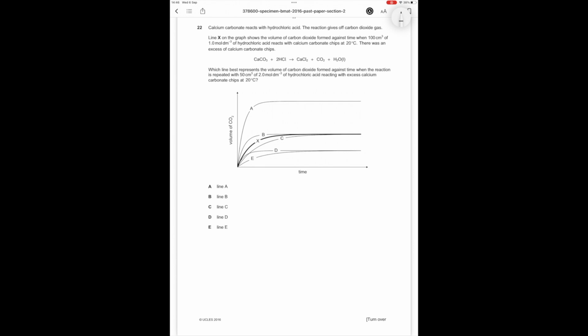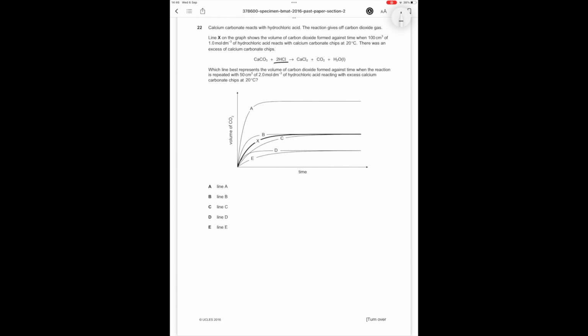There was an excess of calcium carbonate chips, so this is going to be the limiting factor. Which line best represents the volume of carbon dioxide formed against time when the reaction is repeated with 50 cm³, 2 mol/dm³ of hydrochloric acid reacting with excess calcium carbonate chips at 20 °C? So the first thing we want to notice is since HCl is a limiting factor,